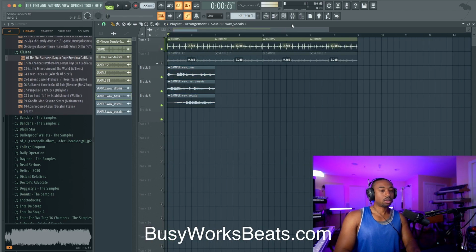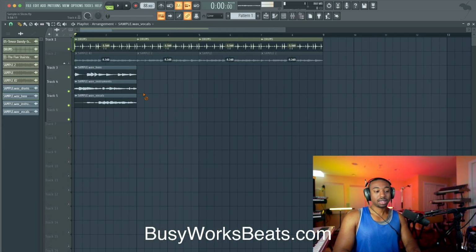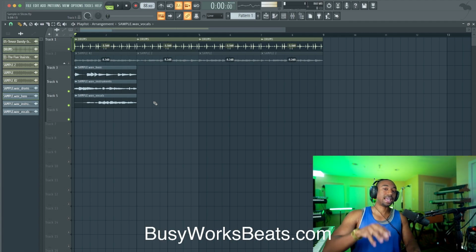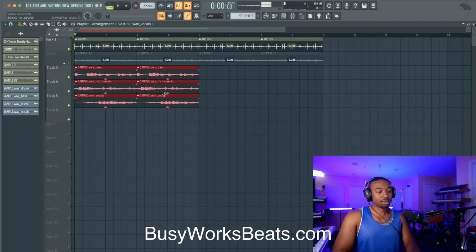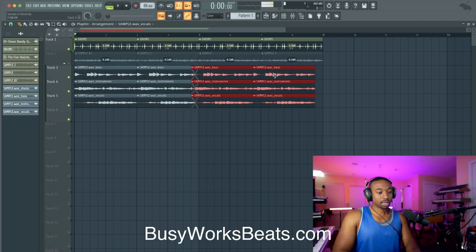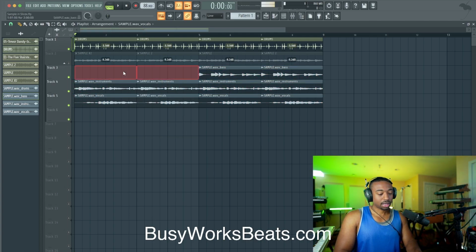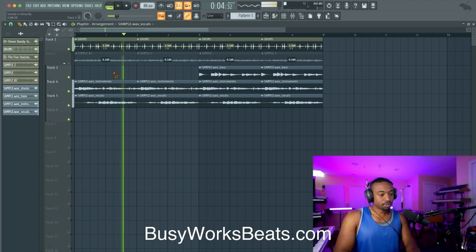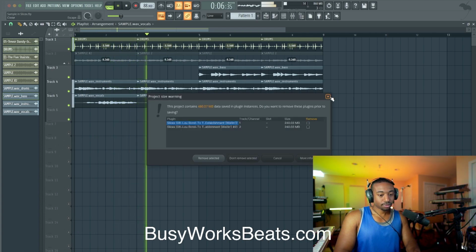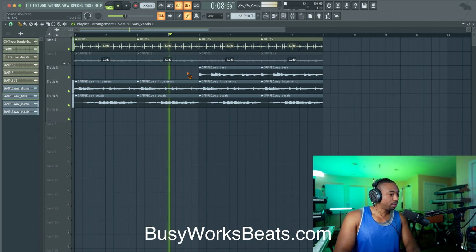And this is how you can arrange your sample. So for the first time in history, we've never been able to do this natively in FL Studio. Now we can, bring in the bass over time. So for example, if you wanted to arrange this quickly, let's just have the sample without the bass and without the drums. Now we're going to bring in the bass.